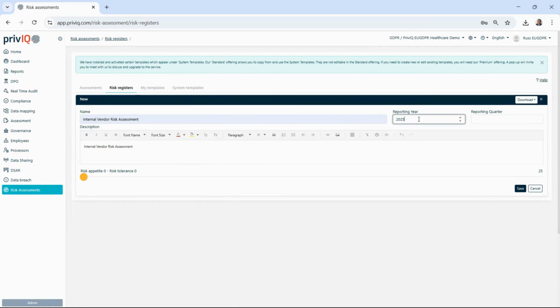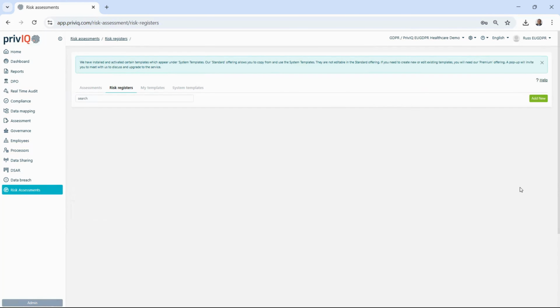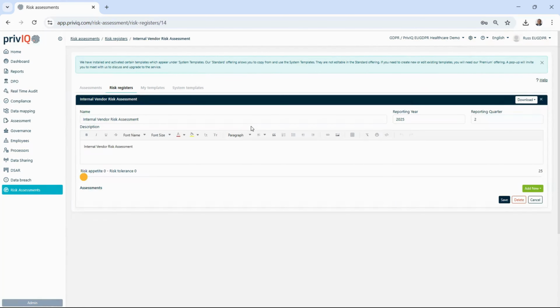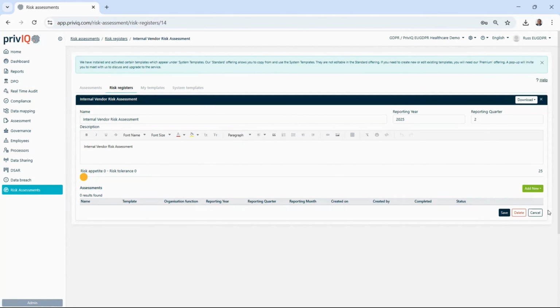So we'll put in, let's just say it's quarter 2, and then click save. So now we've got the risk register. Now we can actually go into the risk register and we can start adding any assessments that might be relevant. And we can then manage those assessments within the risk register itself. So yeah, fairly simple